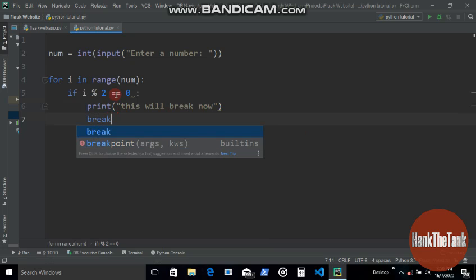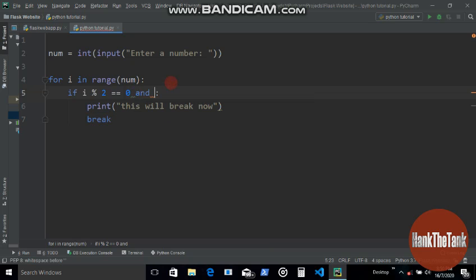We also want to include that we do not want i to be equal to 0. Or else, what do we want,